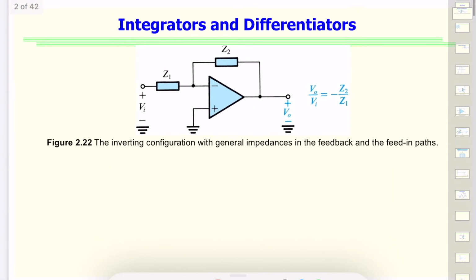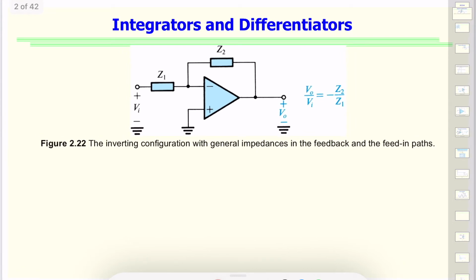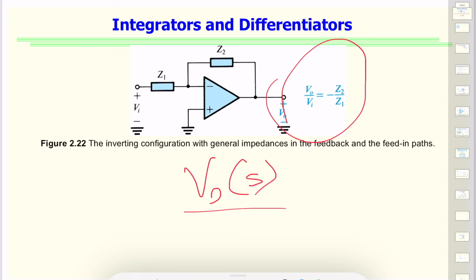integrators and differentiators. So in both cases, what we'll do is we'll replace R's with impedances. So we'll see, it can be just resistance, can be capacitance, but in both cases, the important thing is that our output will be now a function of frequency. So if I would write it for the frequency application, I would now write my relationship as dependent on S